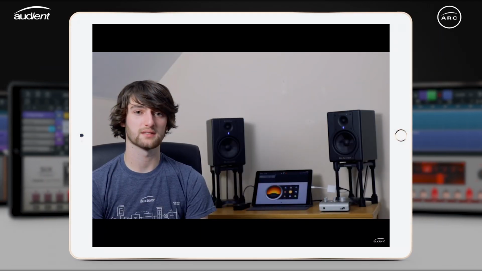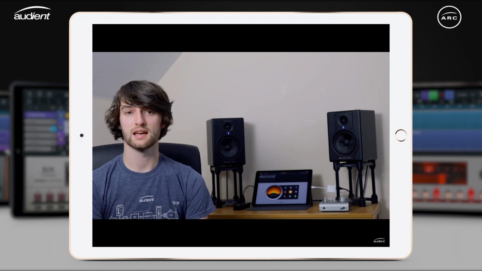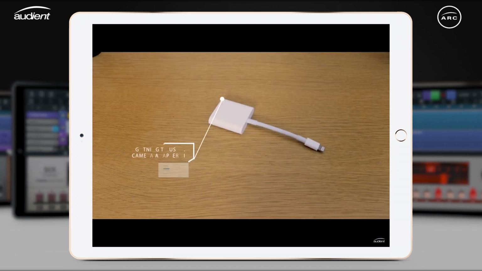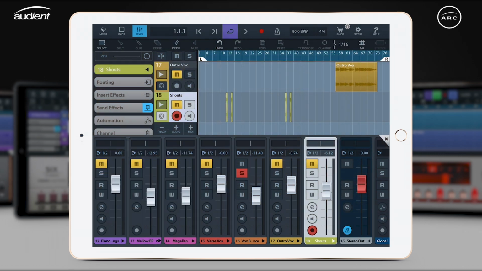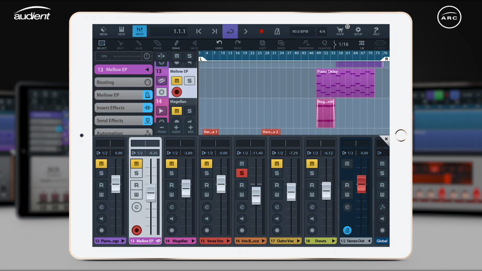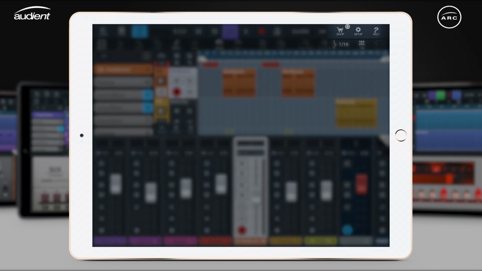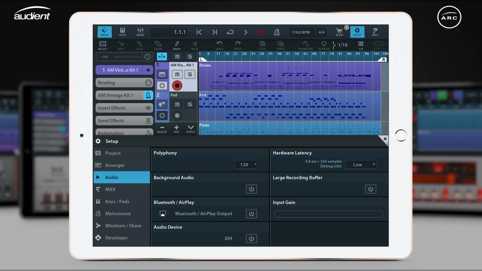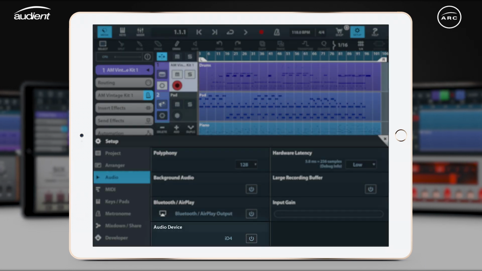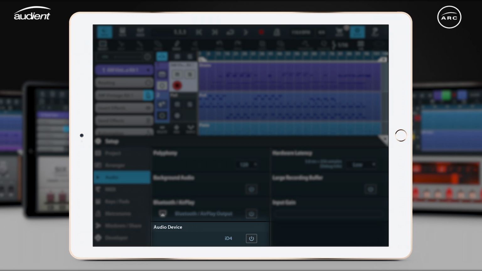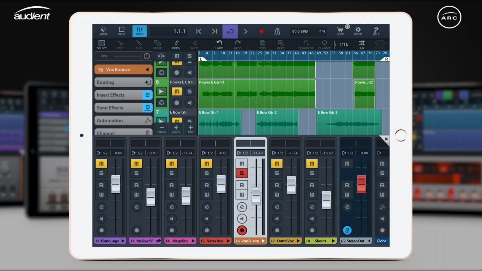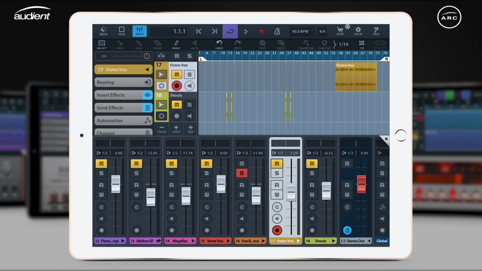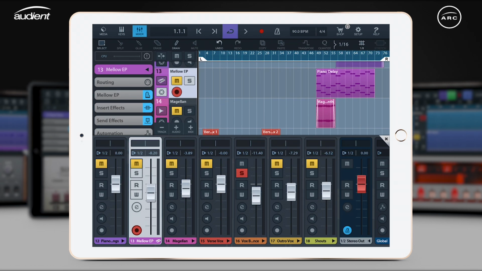go watch our iOS setup video, which gives you a step-by-step guide on how to get it all plugged in and working. If you want to check that iD4 is selected as your sound device, then you just have to go up to Setup, go to the Audio tab, and then make sure that iD4 is listed as the audio device. And that's it. You now have a fully functional portable recording solution using iD4 and your iOS device with